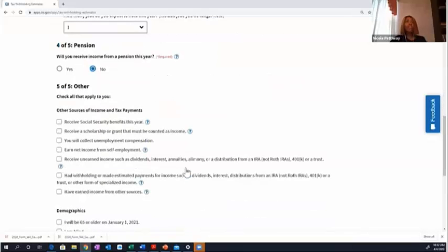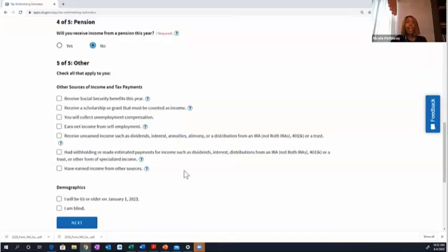And then section 5, click any other sources of income or tax payments. So this is for if you're getting some additional income above and beyond a job. I want to call out this section because there's something going on that's very relevant for us as it relates to the W-4. Studies showed, or the news reported, that over 6 million people filed for unemployment last year. So you may come across a situation, or you may even be in this situation where you're going to collect unemployment compensation. If someone is collecting unemployment, they need to select this box right here, because unemployment is still considered